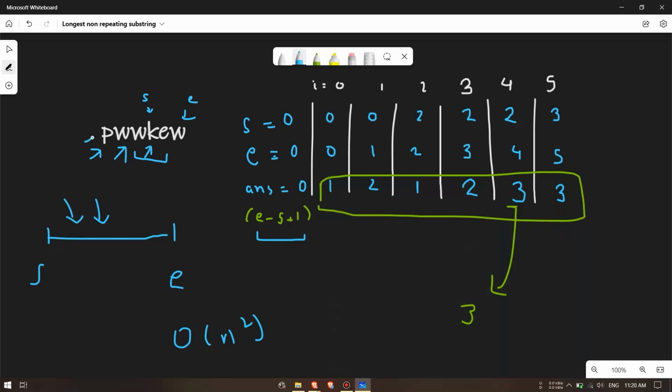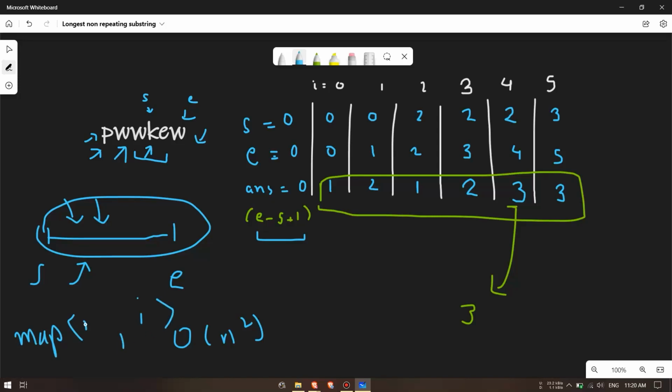So we have to iterate every index at least once. So there's nothing we can do about this, but we can improve our searching. So instead of searching, we can create a map. So that map will store the index of that character. For example, let's say p, so we have stored p with index 0 and w will have value 1. So now when we are at this position, we are just checking if w is already in